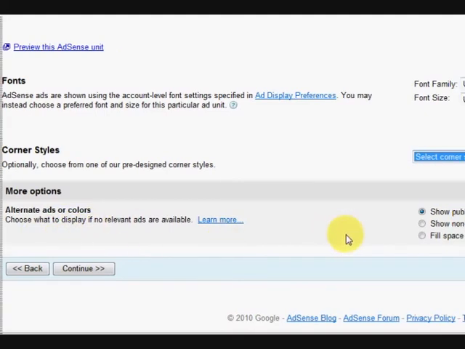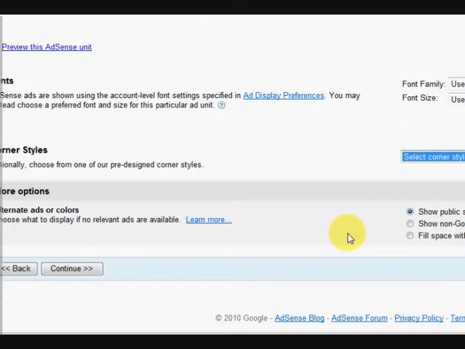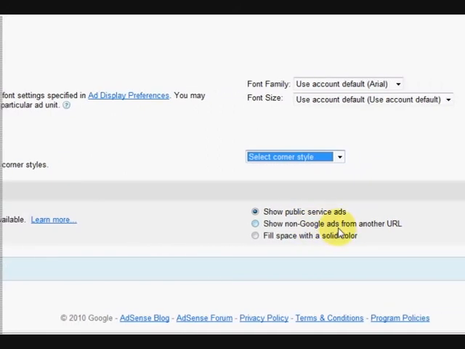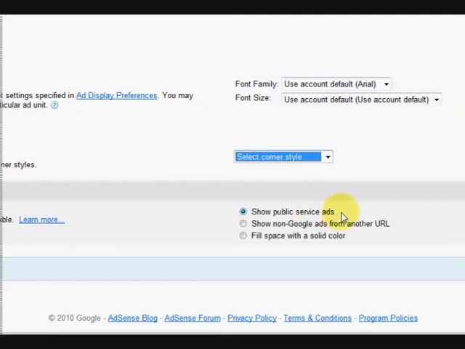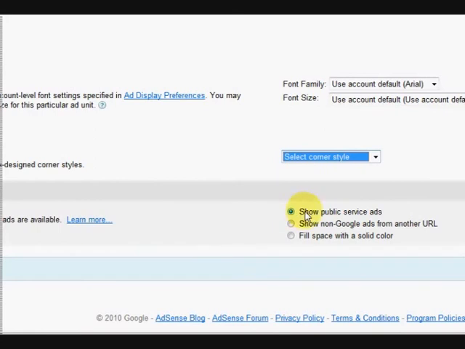Okay, so over here it says we need to choose what to display if there are no relevant ads available. Okay, so I never have a problem with relevant ads. There's always plenty available, so I just put show public service ads. So when you first put your ad up, they might show public service ads, but later on when they get the idea of what your post is about, it never shows it again, so that's fine. Unless you haven't put your keywords and stuff into your post. Google's pretty smart and knows what's going on, so it'll find out what your post is about, and it will put ads in it that relate to it. Okay, so I don't really worry about any of that, but basically if you do have a problem, then you need to look into